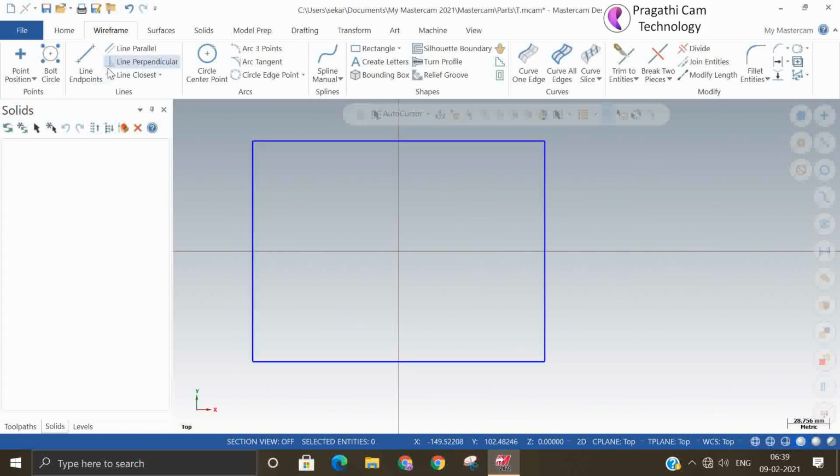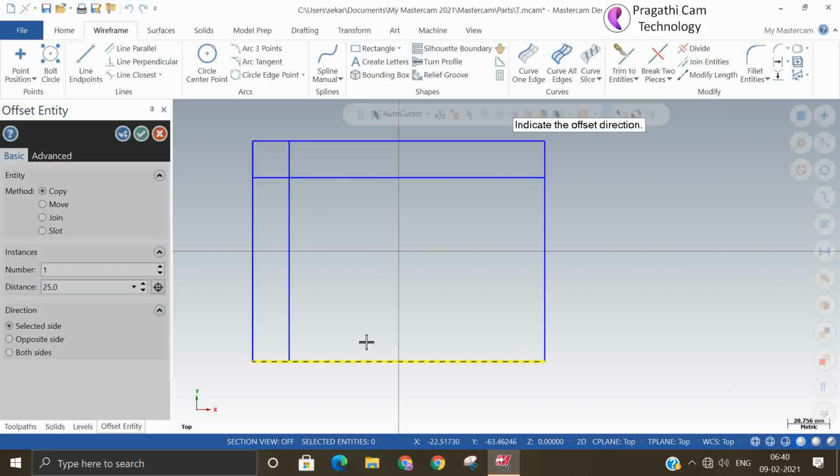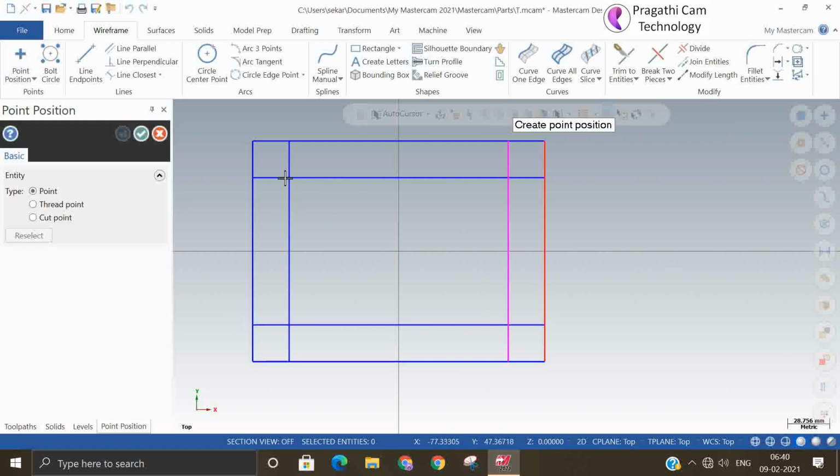It needs some points also to arrange. So some offset I will make, and I will make some points here, intersection points I mean.